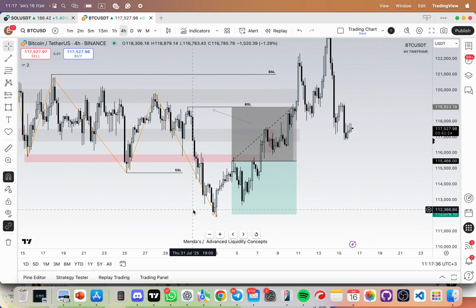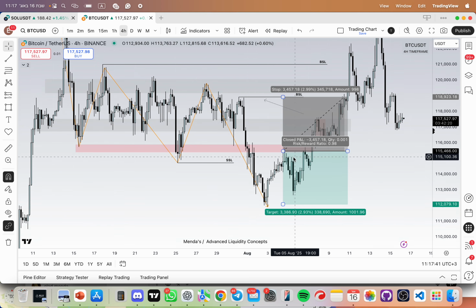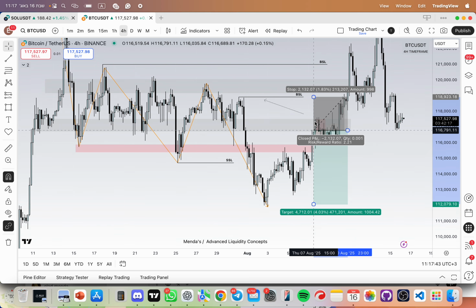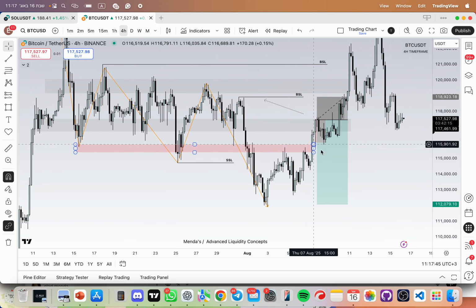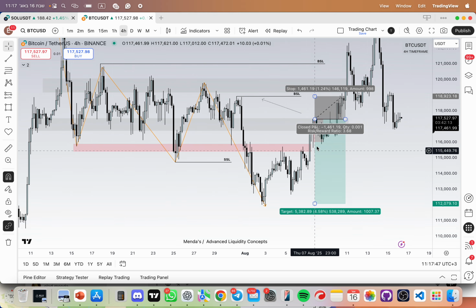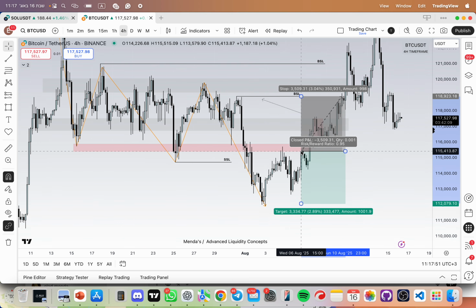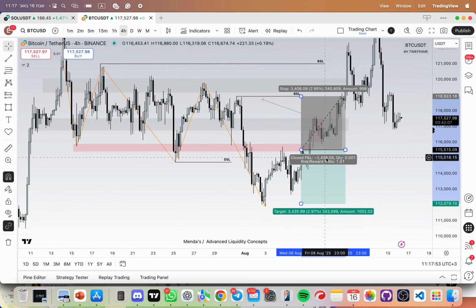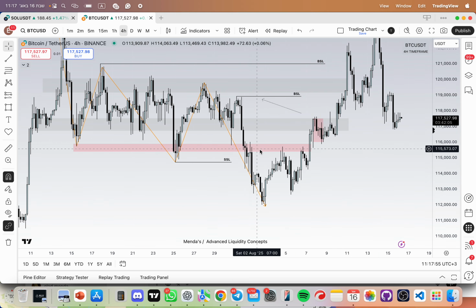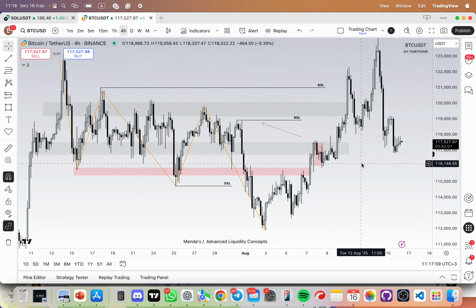Like if you watch what is advanced liquidity part 2, you will understand that retail prefers selling a resistance that gives them a better RR, like this one. This one looks much better for a short for retail than this one or this one. You understand? So this is why this resistance isn't actually enough for me. But on the other hand, this resistance is really good for me, and this resistance is also really good for me